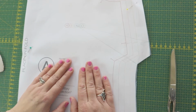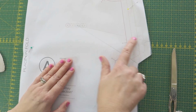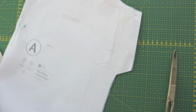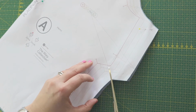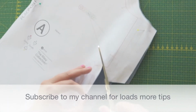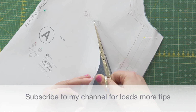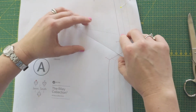You could use the traditional method of sewing some tailor tacks to transfer the line of the dart through to your garment, but one of our favourite time-saving tips is simply to get your paper scissors, and you're only cutting the paper, so just lift it slightly. I've removed the pin so I can lift the pattern slightly. Cut along the bottom edge of the dart to the point, like so,